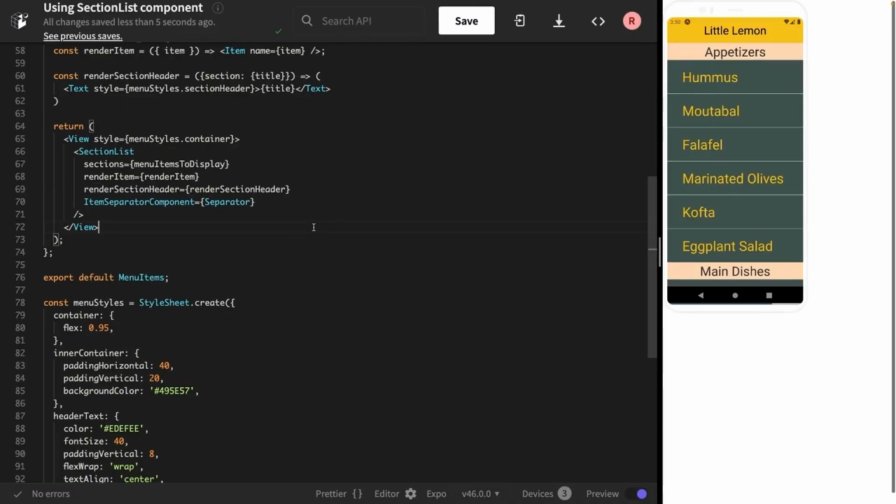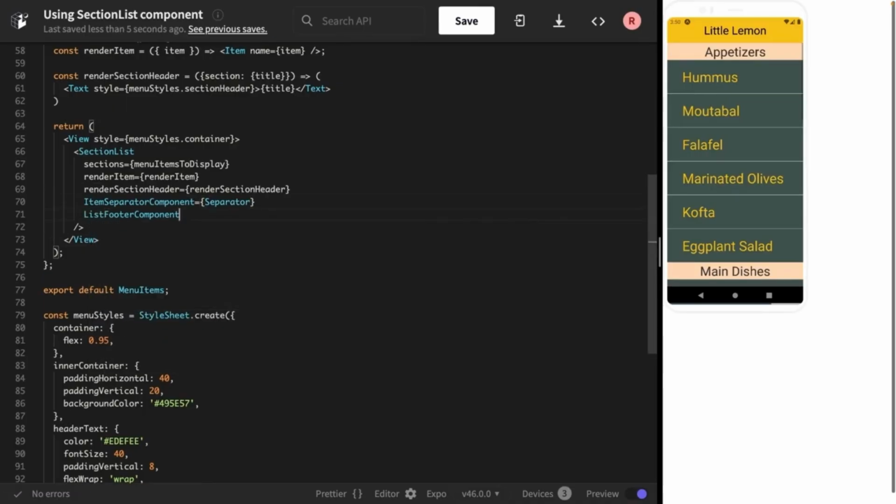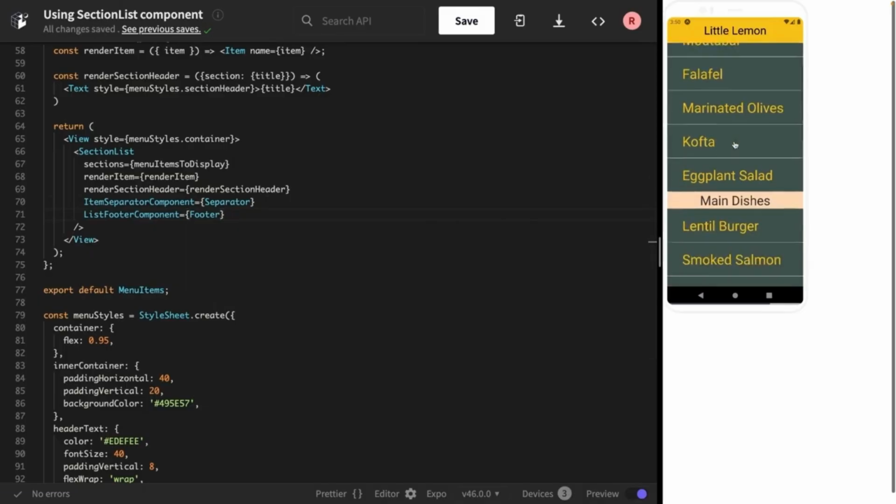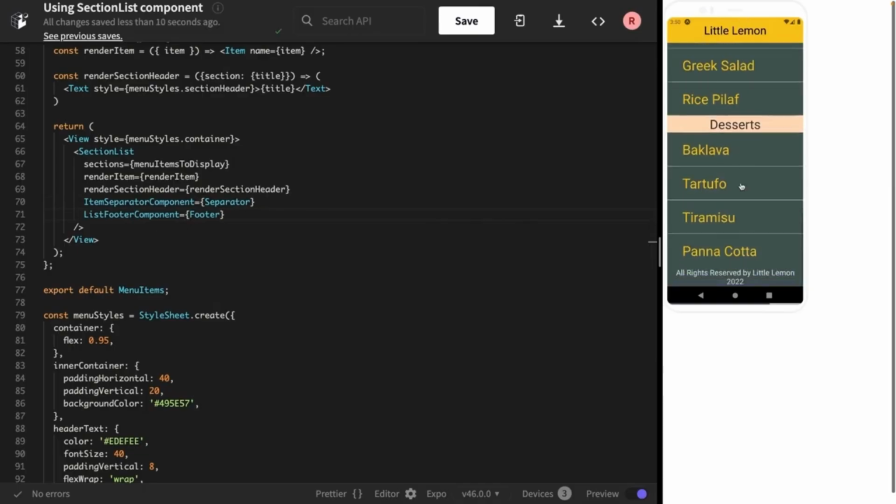I also want to add a footer, so to do that, I'll add the list footer component prop and pass it to the footer. Let's check these updates in the emulator once more. And there you go. The finished section list has separator lines between items and a footer at the bottom that